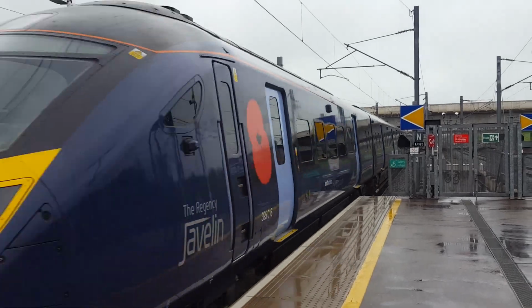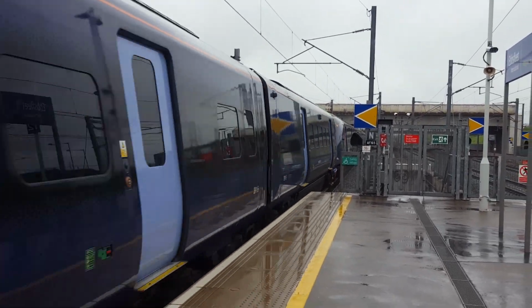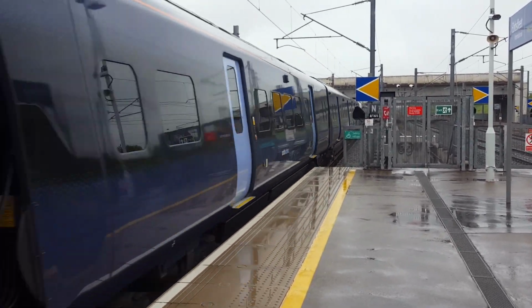Smoking is not allowed on the platforms or in the main station building. This includes ear